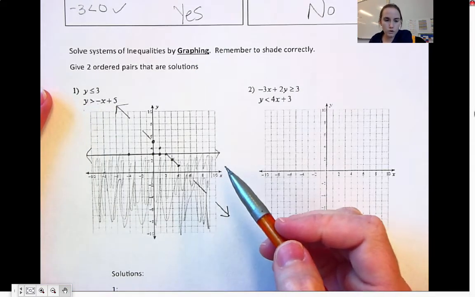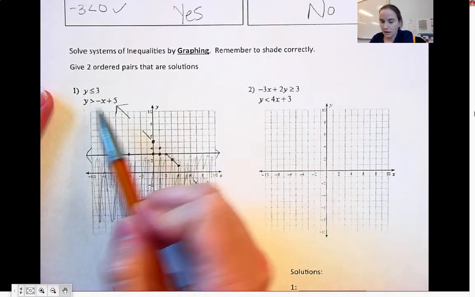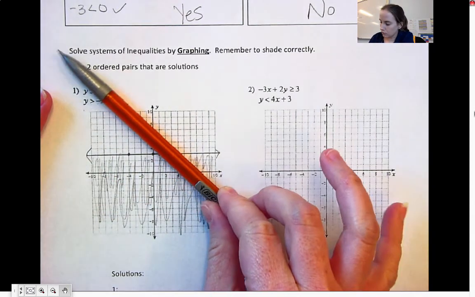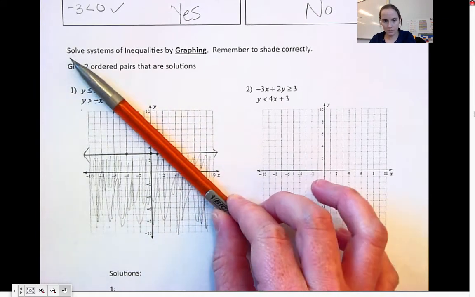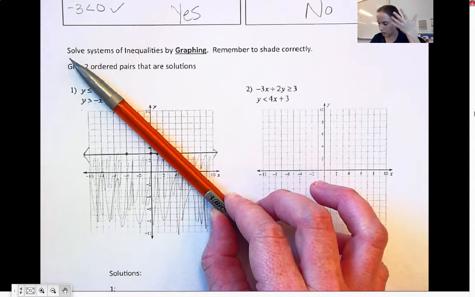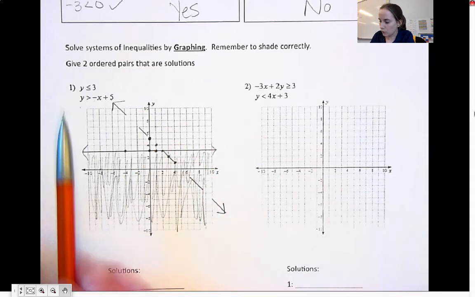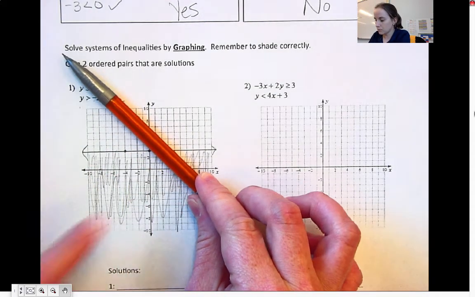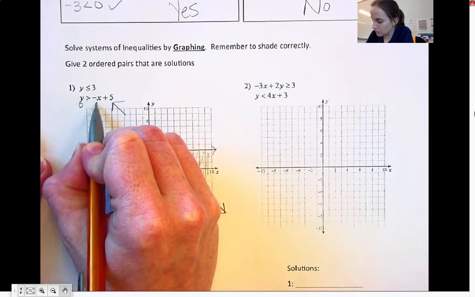And then we need to make sure that we shade correctly. So it says y is greater than. If you want to do a test point, you need to be careful because you don't care about any other thing but this line right now. So everything else that you've already drawn needs to be put in the back of your brain. This line here, I need to be greater than the line. So if I use the test point 0, 0, if I put in 0 here and 0 here,